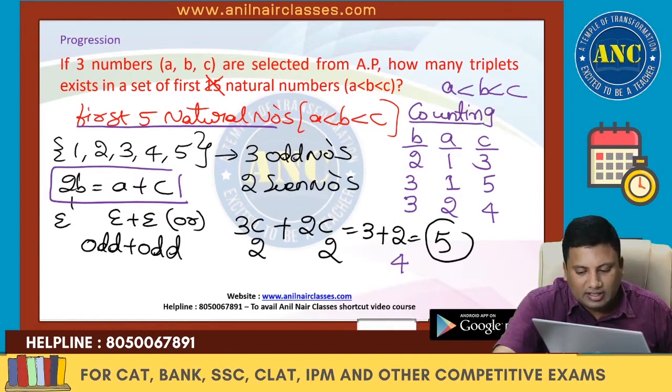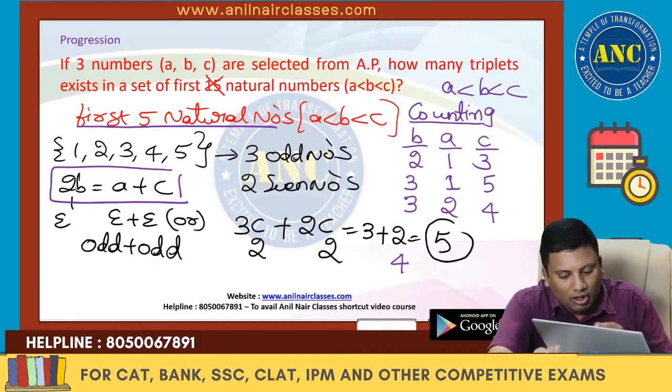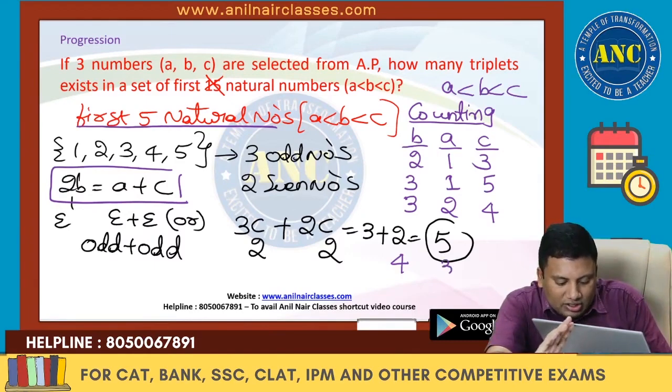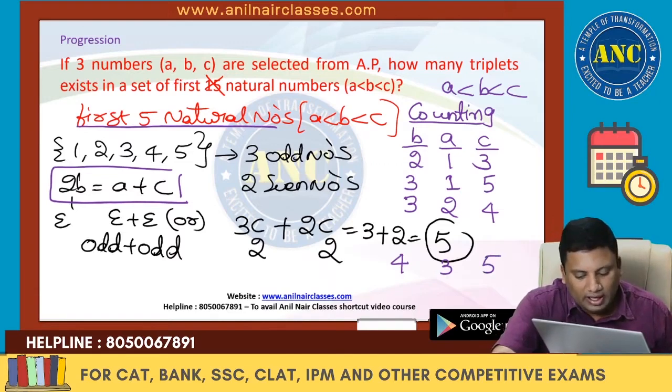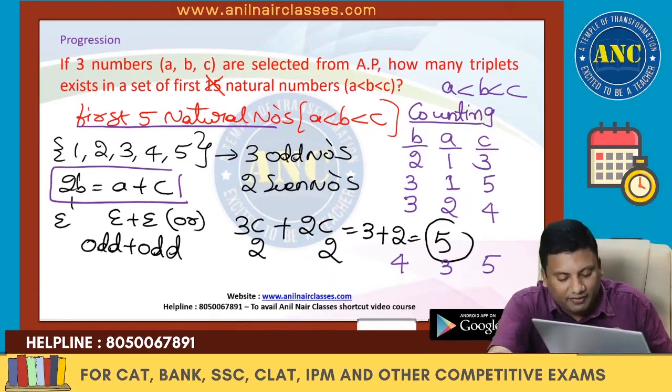Any other cases are there? 1 plus 5, a less than b less than c. Okay, b is nothing but 4. So 8, 8 means 3 plus 5, it is 8. So that is also over. Any other cases? A should be less than 5. If b is nothing but